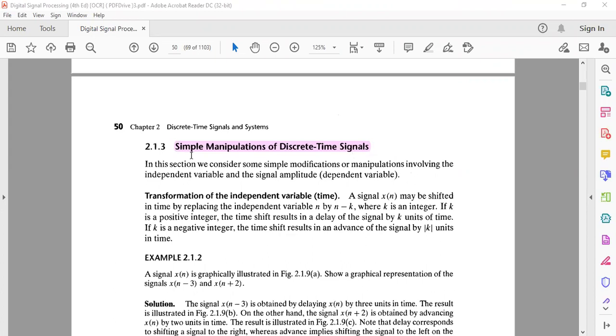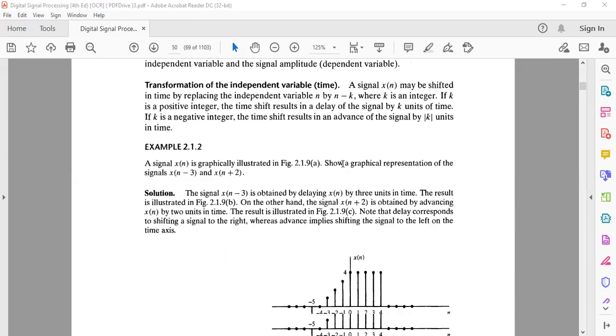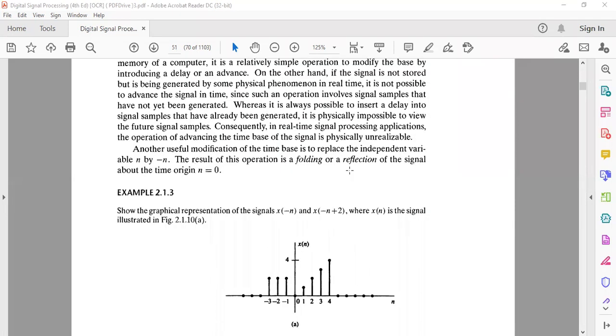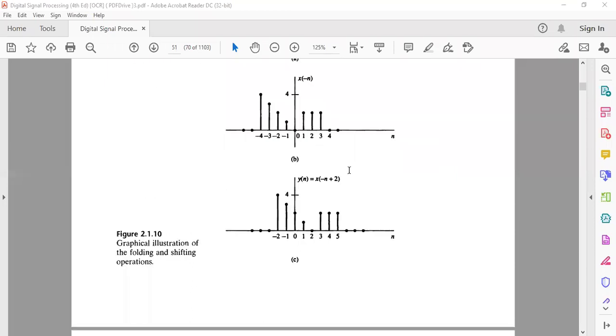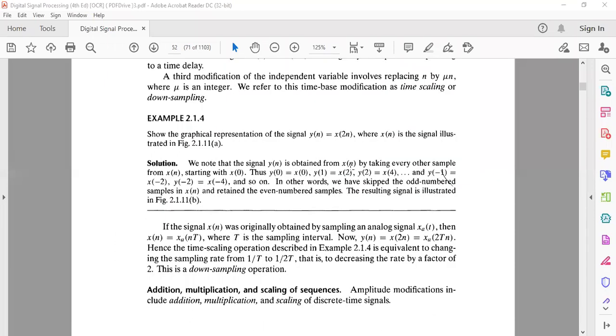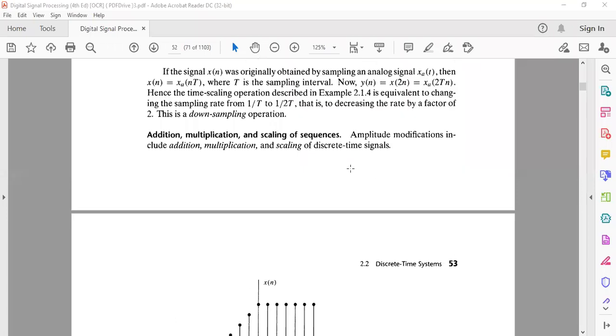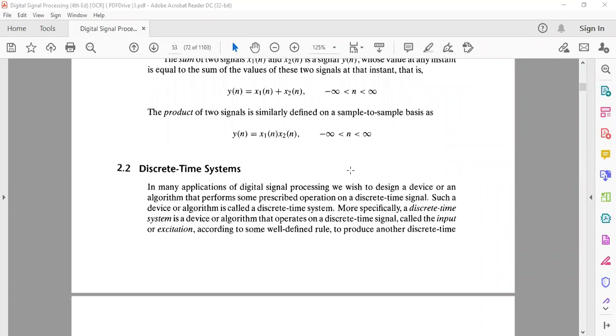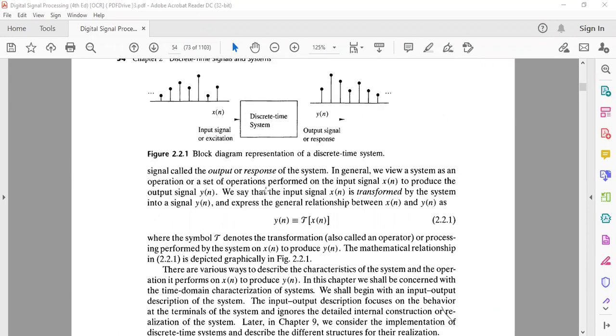When we meet next time, we will look at manipulation of discrete time signals. How can you manipulate the time component? How can you shift it? How can you fold it? How can you reflect it? Those things. How can you multiply? How can you add? How can you scale a sequence? And then we also look at discrete time systems,